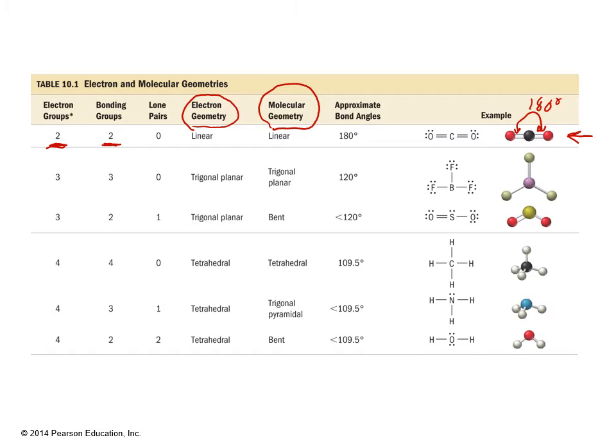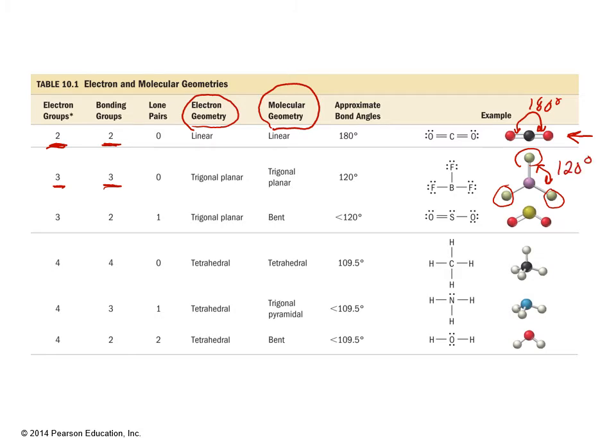If we look at our next case where we have three electron groups and all three of them are bonding, our electron geometry and our molecular geometry are the same because they are all atoms surrounding that center atom. It is trigonal planar. So trigonal because we have three outside atoms, and planar because they all exist in the same plane of space. Our bond angle in this case is 120 degrees